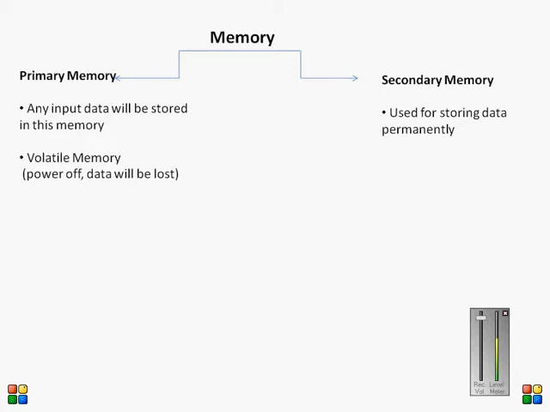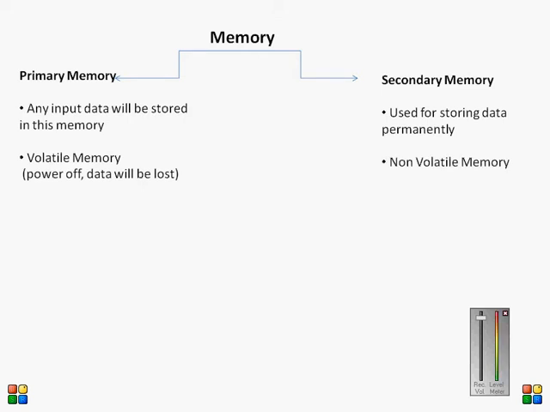The primary memory is volatile. It means when there is a power off, all the data which we have entered will be lost. Say we are executing some program to calculate the sum of 5 numbers, and assume we have given 4 numbers, and when we are about to give the input of the 5th number, there is a power off or the system is restarted. Then all the 4 inputs which we have given earlier will be lost. This is called volatile memory.